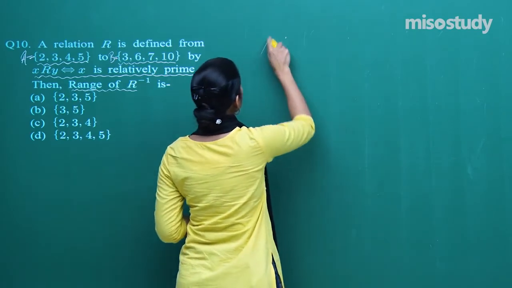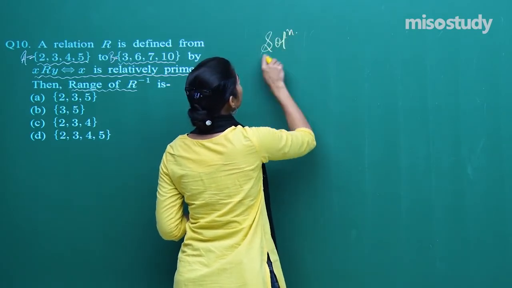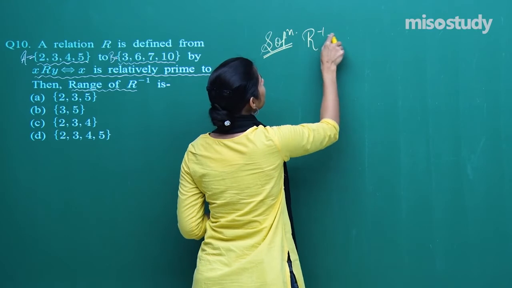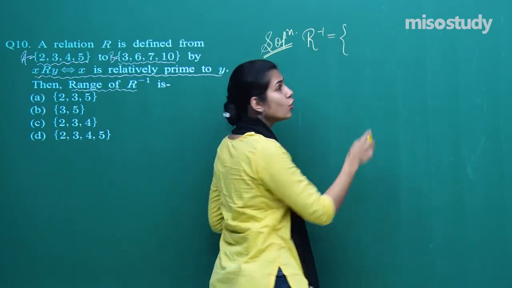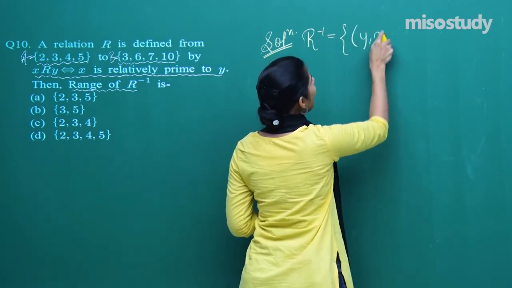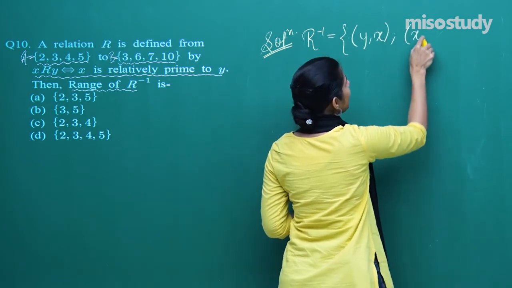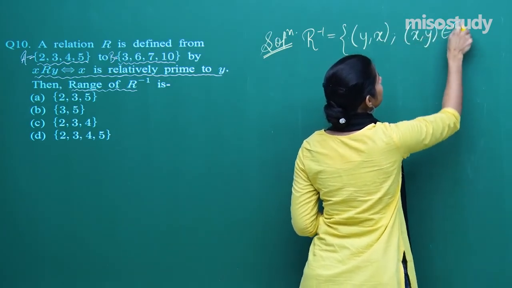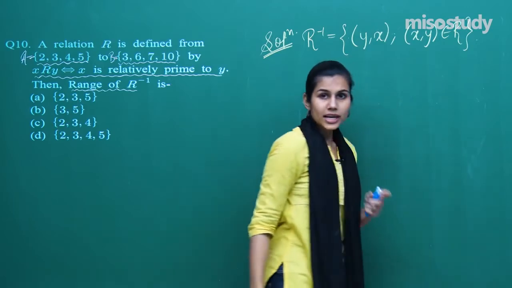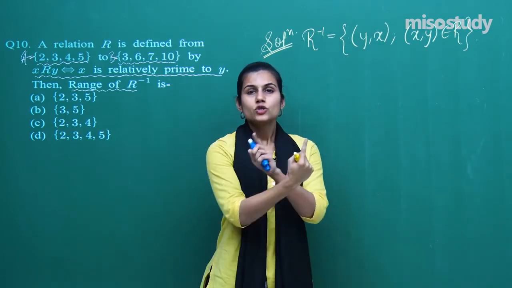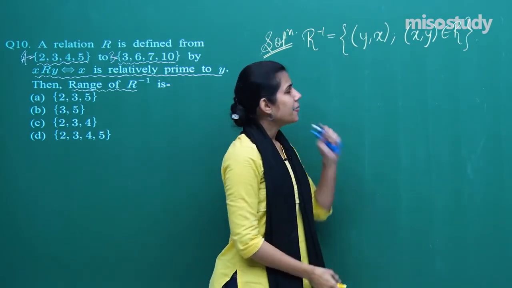Again, the concept of R inverse is being used. R inverse is the set of all those ordered pairs y comma x such that x comma y is sitting inside R. Collect all the ordered pairs of R, swap the values of x and y, get the ordered pairs